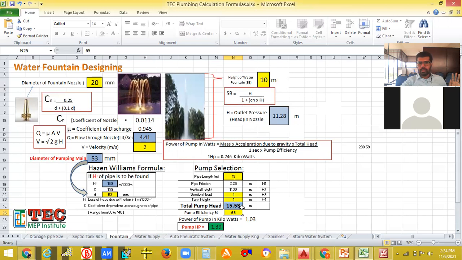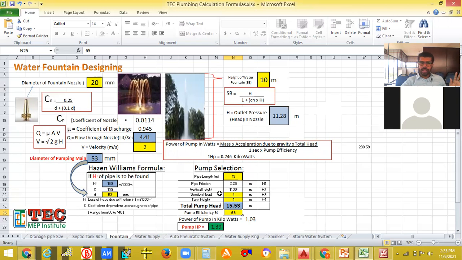Total pump head is 15.53. Pump capacity is 1.39. 1.39 won't be there in the market, you'll be getting 1.5 HP, so you have to use 1.5 HP. The flow through the nozzle is 4.41 liters per second. So you got the diameter, the flow, the diameter of the pumping main pipe, the height, the total pump head as well as the pump capacity.